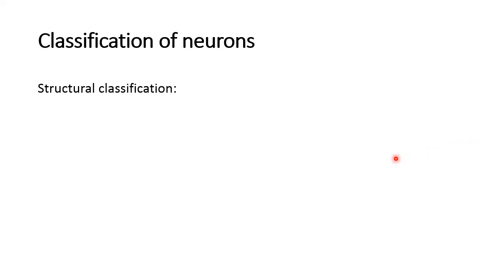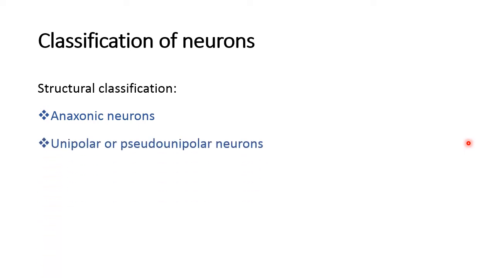Now let's talk about the structural classification of the neurons. We have anaxonic neurons, unipolar or pseudo-unipolar neurons, bipolar neurons, and multipolar neurons. The anaxonic neurons don't have a definite axon. There are multiple dendrites. The unipolar or pseudo-unipolar neurons have only one process that branches into two branches. One branch, the short one, is directed towards the central nervous system, and the longer one is directed towards the peripheral sides